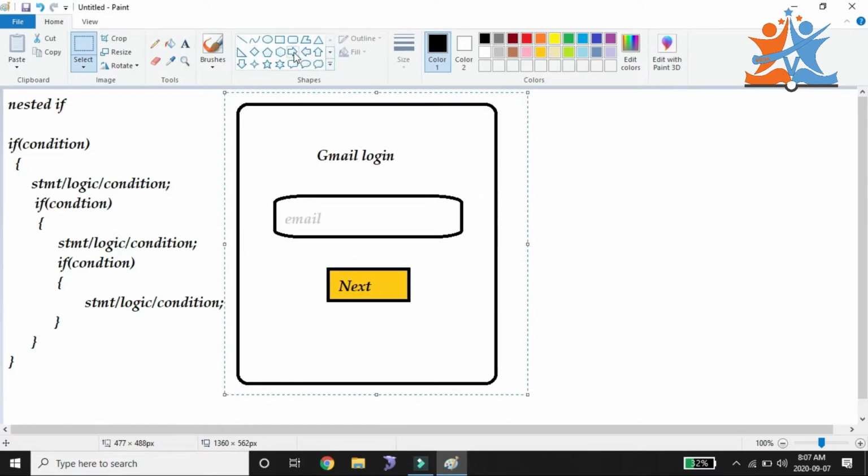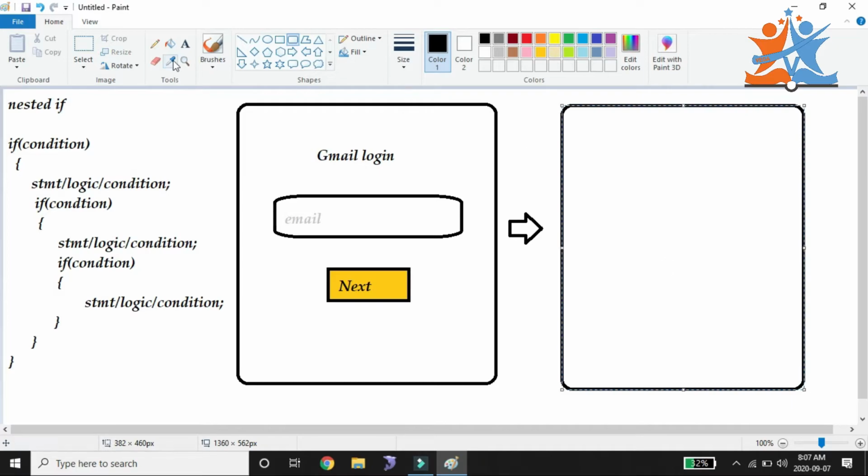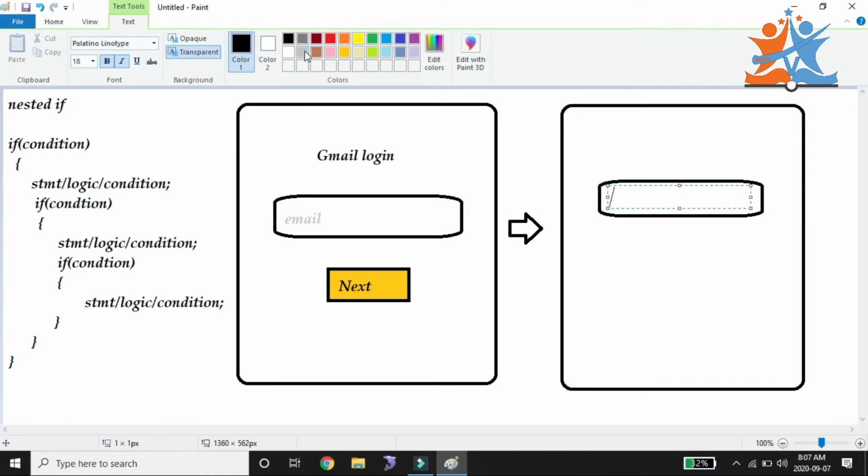After entering a valid email ID, it will be redirected to one more page. That page is the authentication page. Here we need to enter the password.